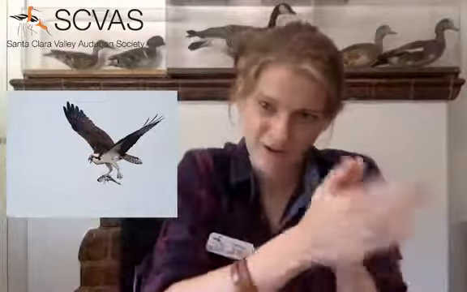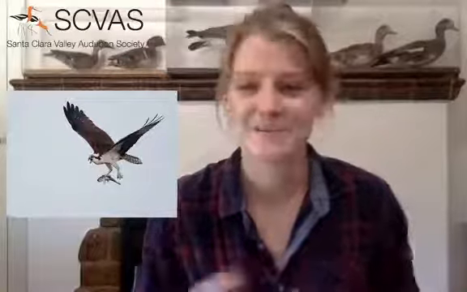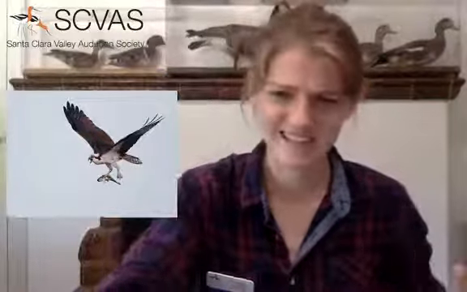And the osprey actually carry the fish in a specific way. You'll notice that the head of the fish always faces in the same direction as the head of the osprey, and they do that because it cuts down wind resistance. But it's that unique foot configuration that allows them to handle the fish in such a manner. All the rest of the birds that are interacting with fish are kind of just like, I guess I'm carrying this like it's a terrible slippery purse. It's not at all efficient.